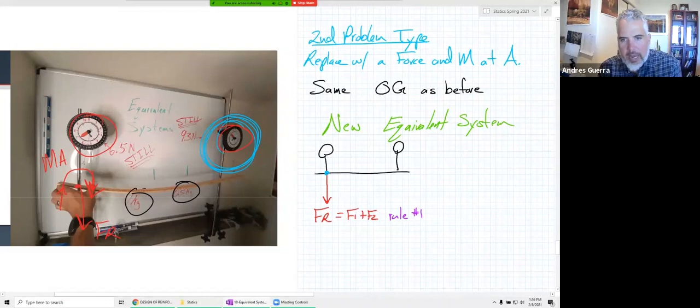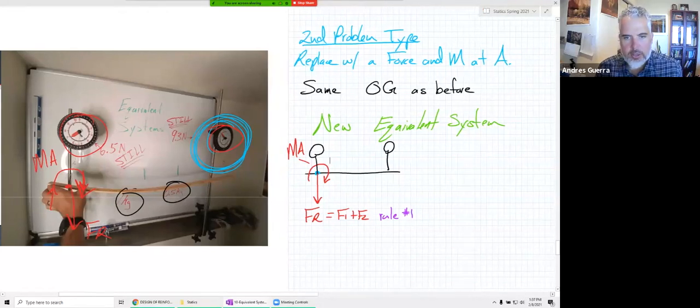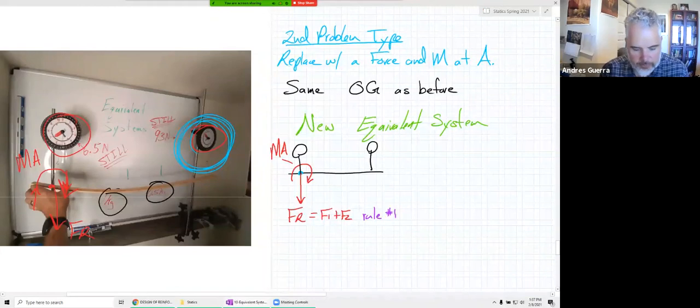So now we can get back, and also if we took the moment about point A, it wouldn't be the same as it was before. So we're going to add a couple moment here at point A. They're going to tell us specifically in the problem, replace the original with a couple moment and force at point A. So we applied rule number 1. Rule number 2 is the same as before,